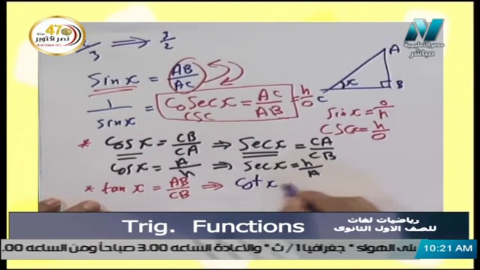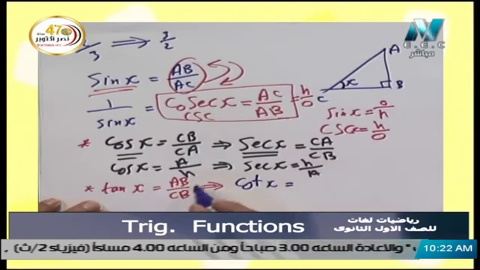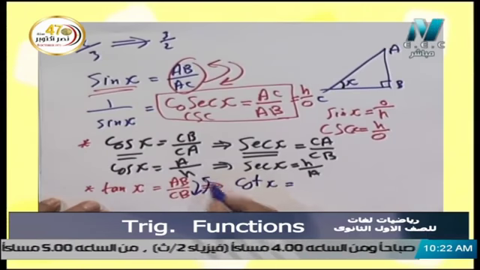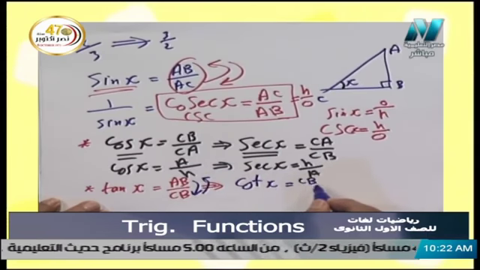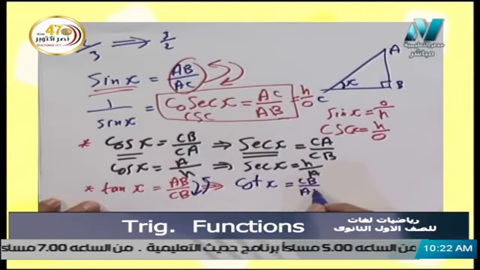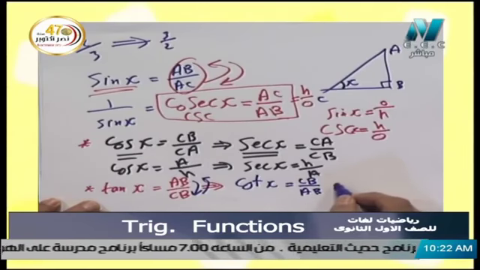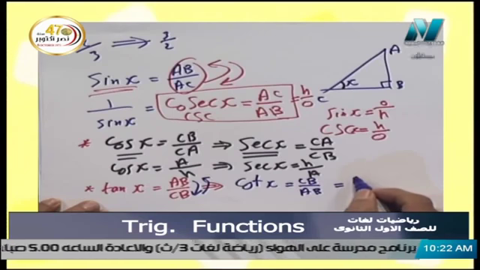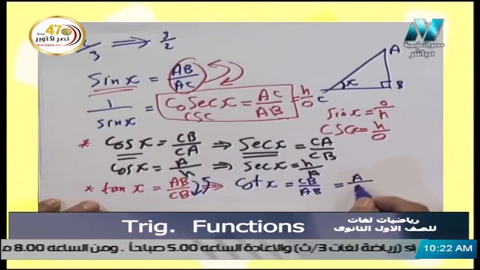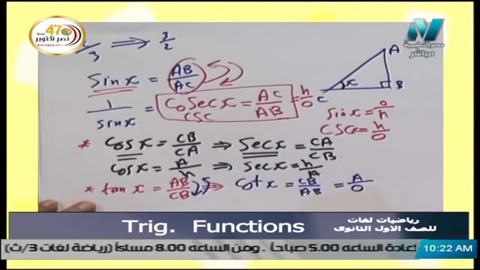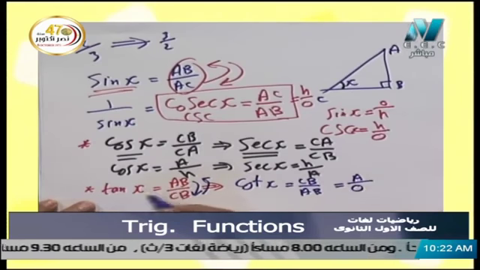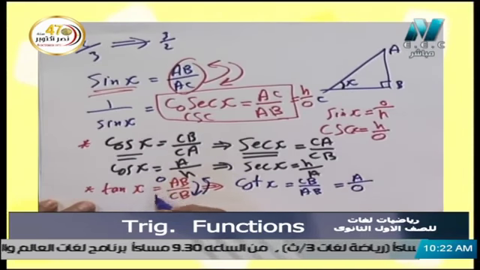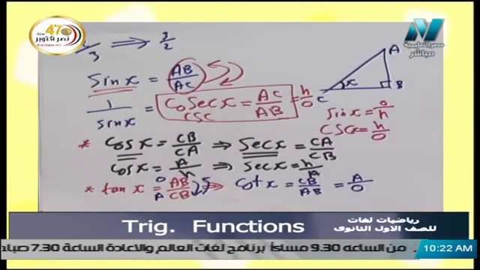Cotan x is the reciprocal of tan, so it equals CB over AB, and of course cotan x equals adjacent over opposite, because tan x equals opposite over adjacent. Okay,